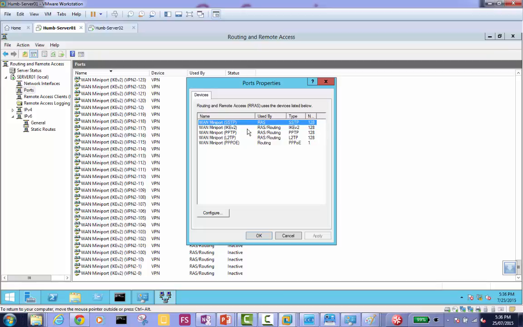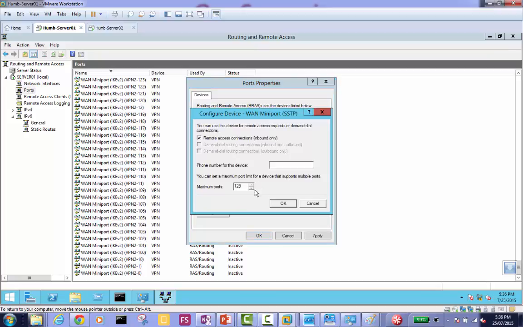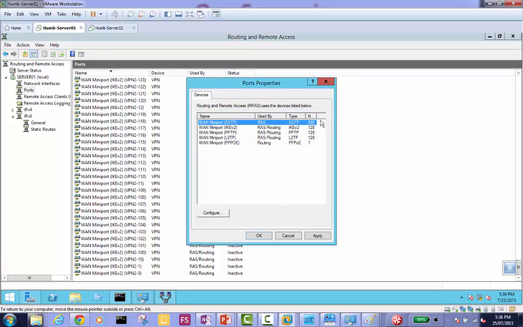What does that mean? It means that 128 connections from outside, if the clients are set up to support SSTP, 128 clients can connect right now. If you want to change it, you can double-click SSTP here and change it. Say I have at least 500 users, sir. If I click OK, my SSTP-configured VPN clients will be 500 in total making connections at any given time.